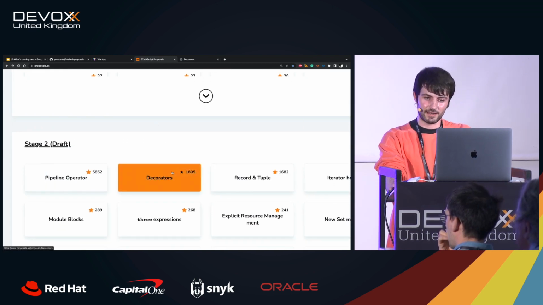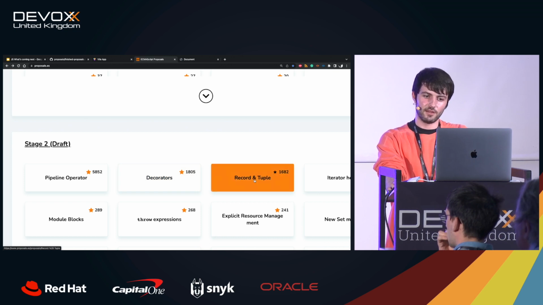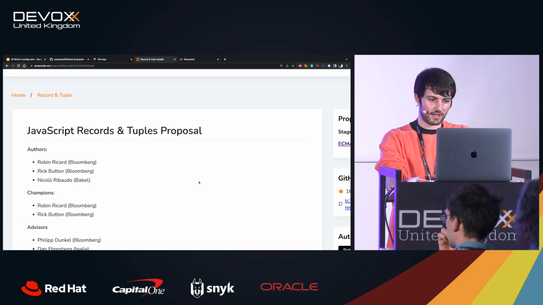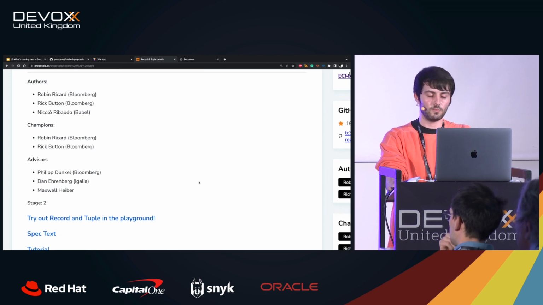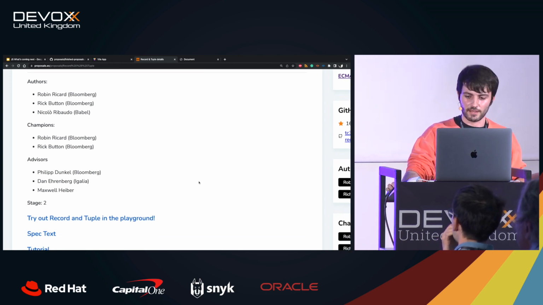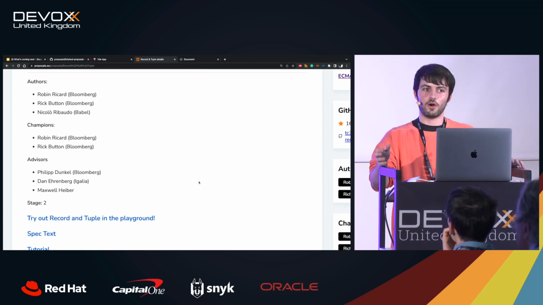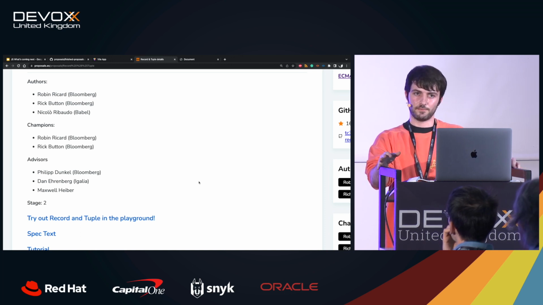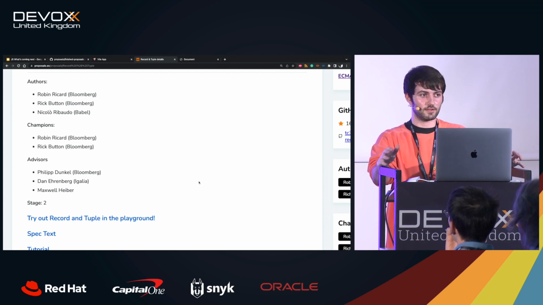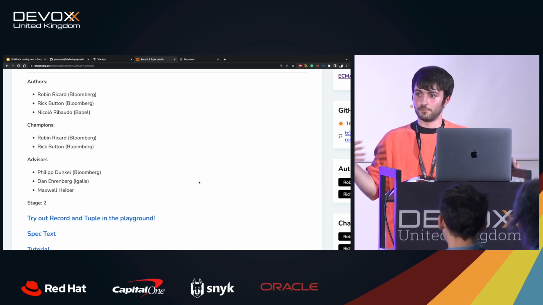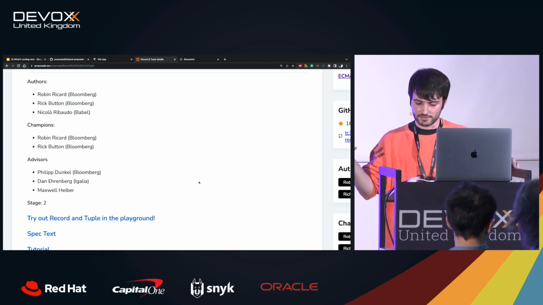Decorators, we will talk about in a little bit, but first we are going to focus on records and tuples. First let me tell you what the problem is. I don't know how many of you have worked, for example, with Immutable. There's a library called Immutable because JavaScript doesn't natively support immutable objects or immutable lists.